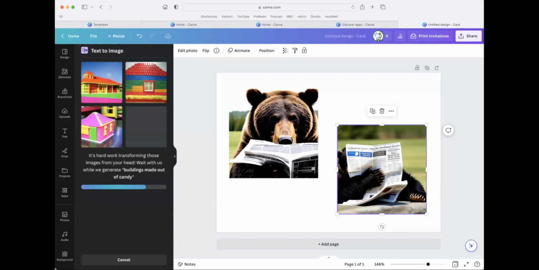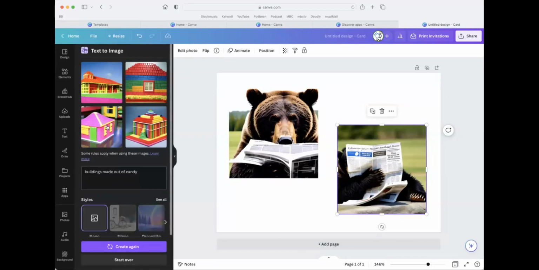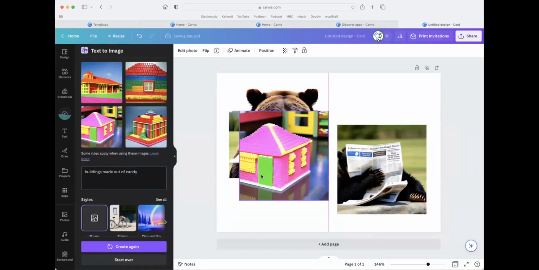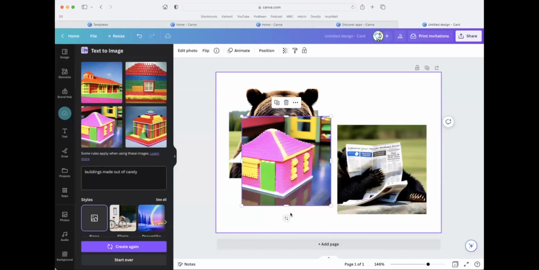And again, look at that. There you go. Not bad. Not quite what I was thinking, but better than nothing. And this is all created, by the way, by AI. These are not existing images. These are images that are being created on the fly